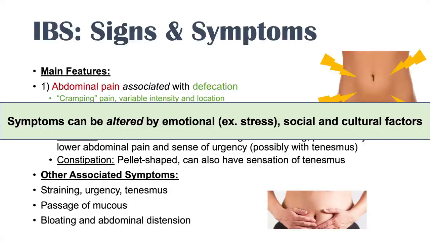And what is interesting about IBS, and we've talked about this before, is that symptoms can be altered by emotional factors, so stress, psychiatric symptoms, depression, but also by social and cultural factors. So depending on where an individual might be in the world, in different cultures and in different societies, they can experience this abdominal pain differently. So it's very interesting. There's a lot of things that can alter and affect how an individual senses and experiences